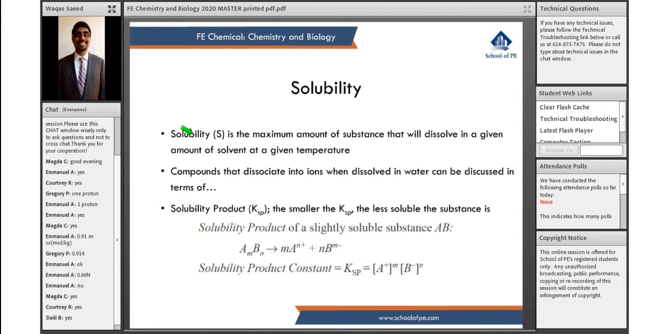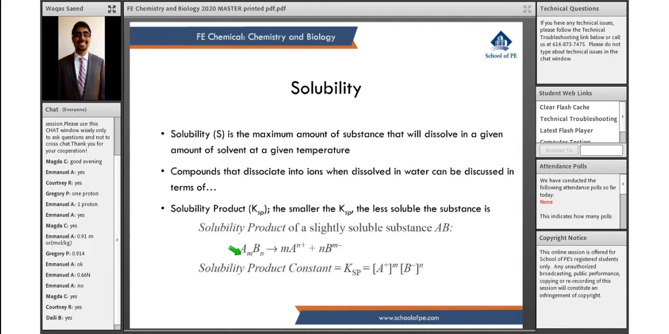So solubility is represented as a capital S. It's the maximum amount of a substance that will dissolve in a given amount of solvent. So what you're going to find in a problem statement is you're either going to find a KSP value or a capital S value. So if we look at this form of a substance AB,